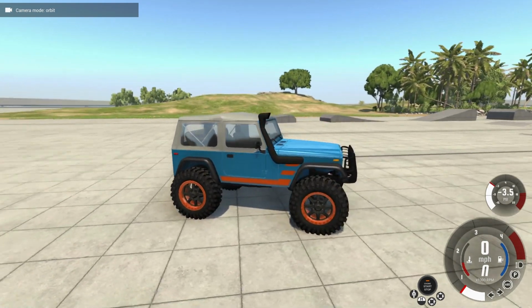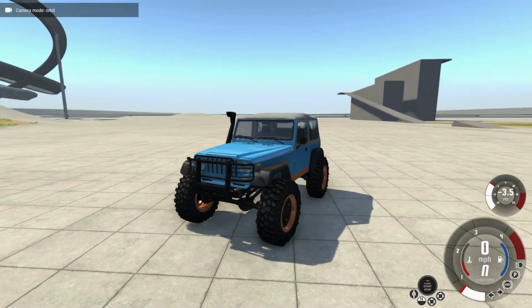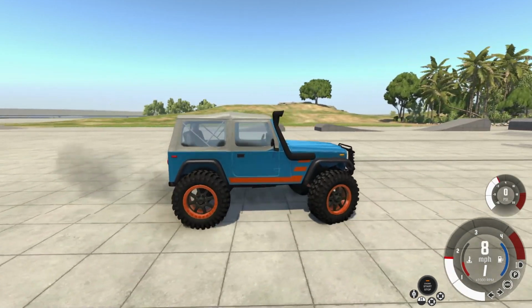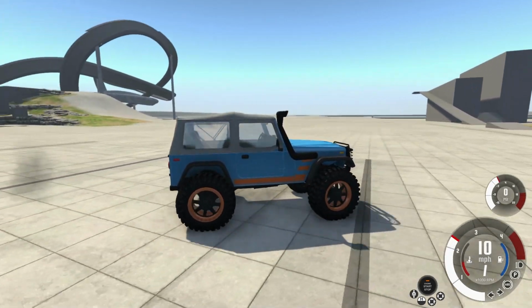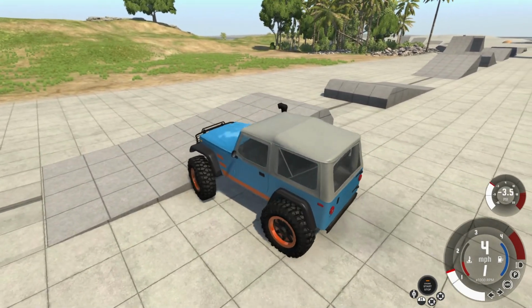Guys, what do you think? I definitely think it has that Jeep Wrangler sort of look going on with that metal front fascia. It definitely gives it that Jeep look. These humongous wheel and tire options absolutely look awesome on it. This thing's definitely bouncing around. I had to play with that a little bit. We definitely need some race suspension. I don't believe that's an option yet. We didn't actually even go into the shocks and check that out, but